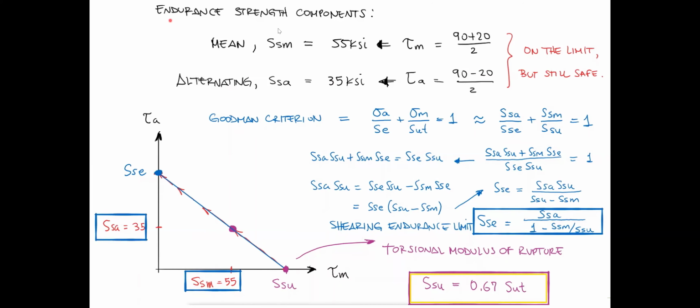So the endurance stress components we already know here, on the limit, but still safe. Okay, so if we use the failure criteria, say the Goodman criteria, if you still remember that,